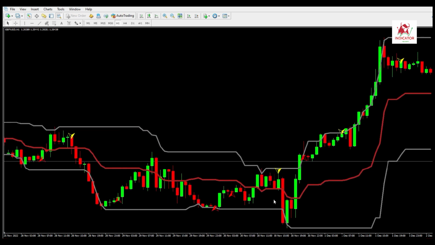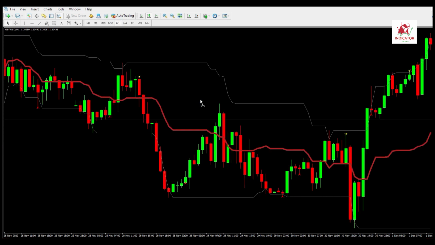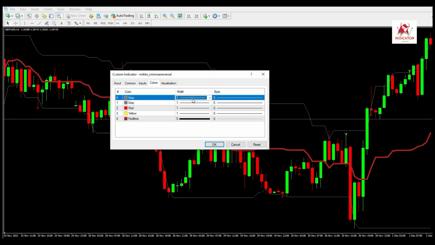Buy: if trend up, then moving min and max aqua bar, price bounces or is near the support zone, half trend buy and sell indicator buy arrow. Open a long position at the opening of the next bar. Sell: if trend down, then moving min and max red bar, price bounces or is near the resistance